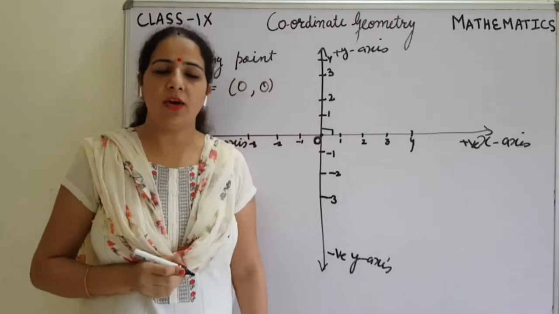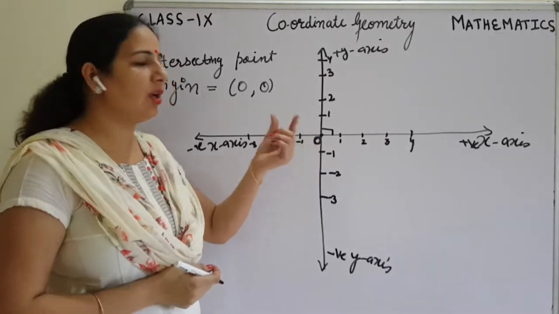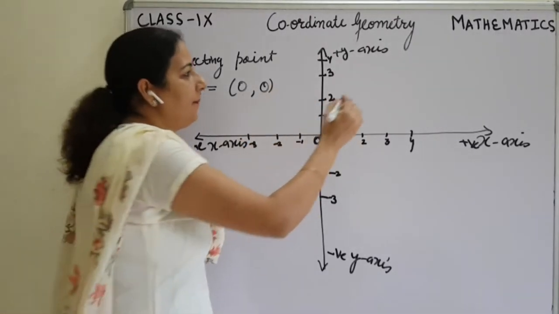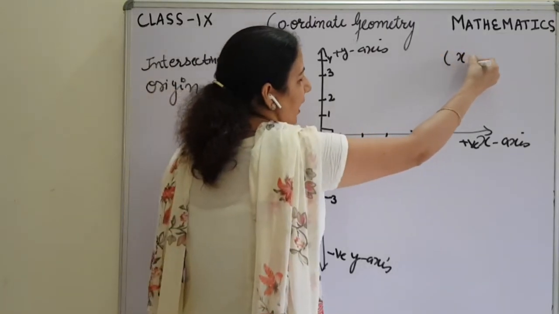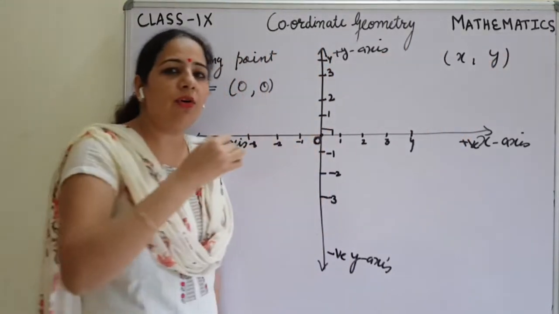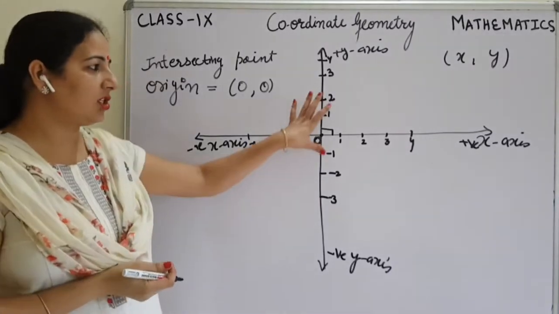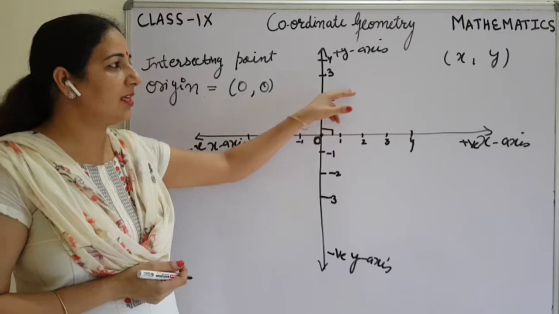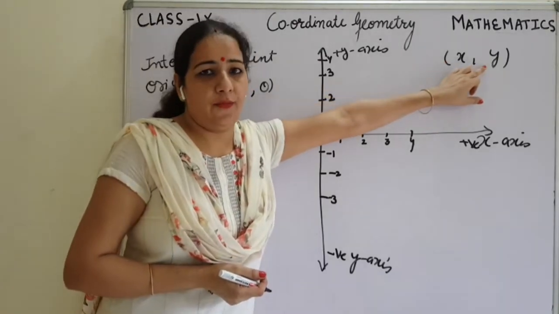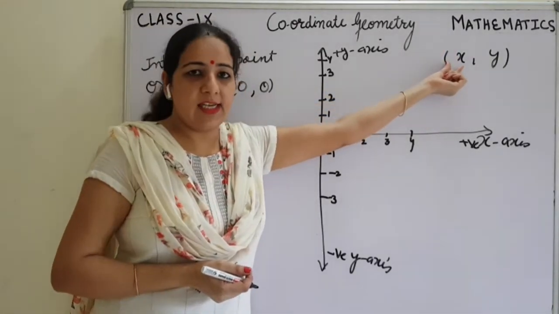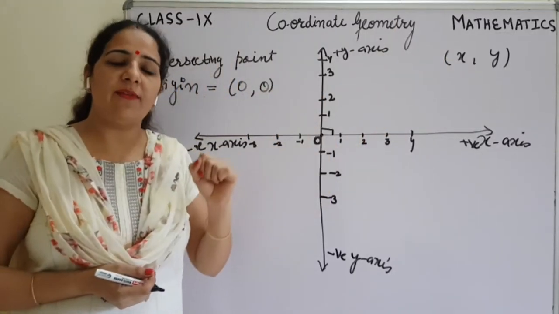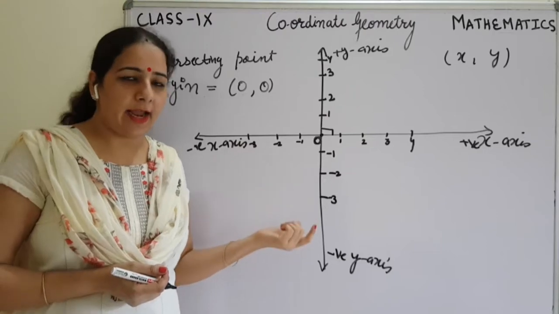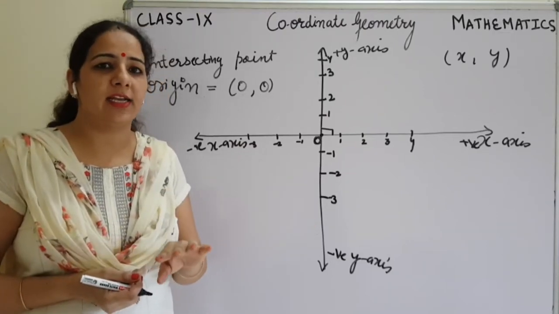Now what is the meaning of coordinate here? When we are going to represent any point, this point will be represented as x, y, because we are not talking about a single point. In the Cartesian plane we are going to represent in 2D shapes, which means we represent in coordinate form. This is the x-axis, the second point is y-axis. Whenever 3, 4 is given, it means 3 is representing the x-axis and the 4 is representing the